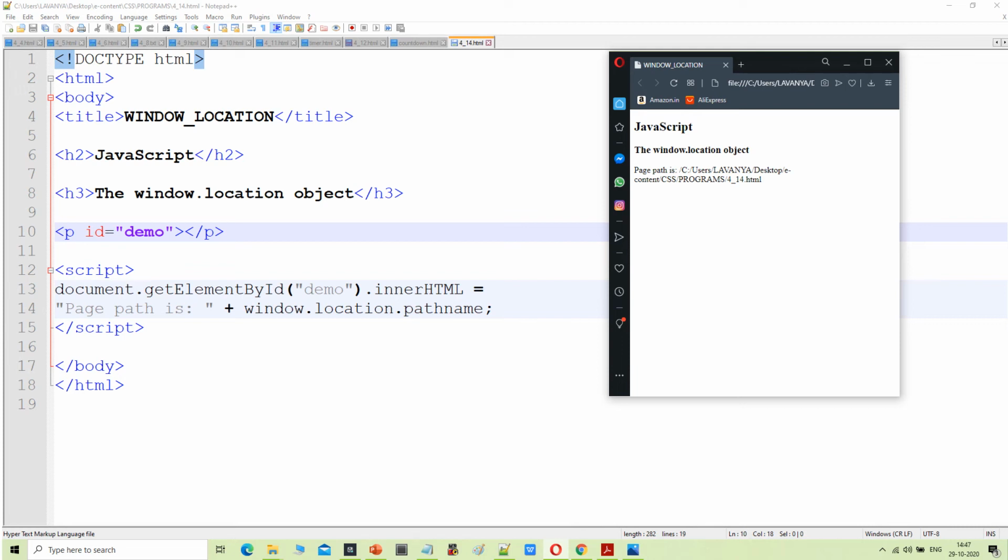It will automatically take the pathname of that window location. After executing this code we will get this output: JavaScript, the window.location object, then page path is c/user/lavanya/desktop, that is the content and CSS program, meaning this window is located on this path.